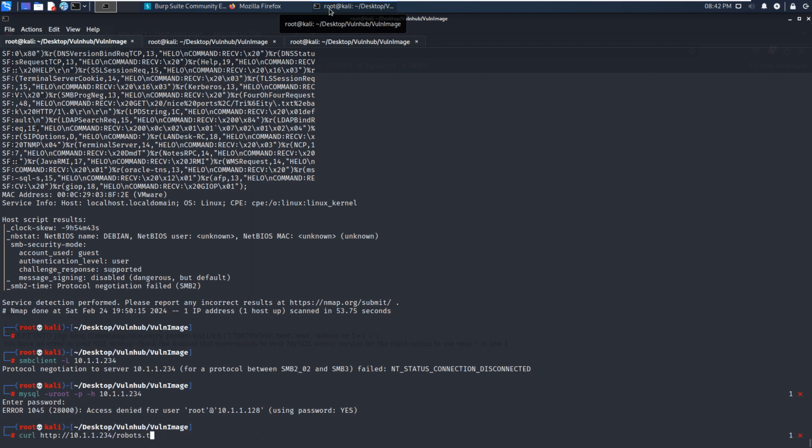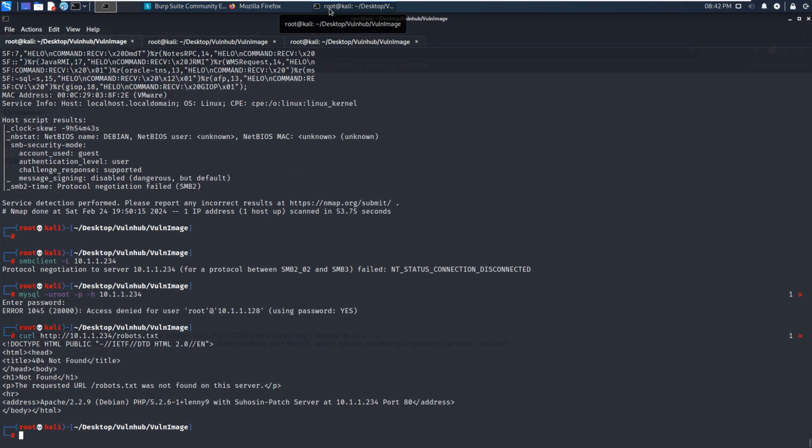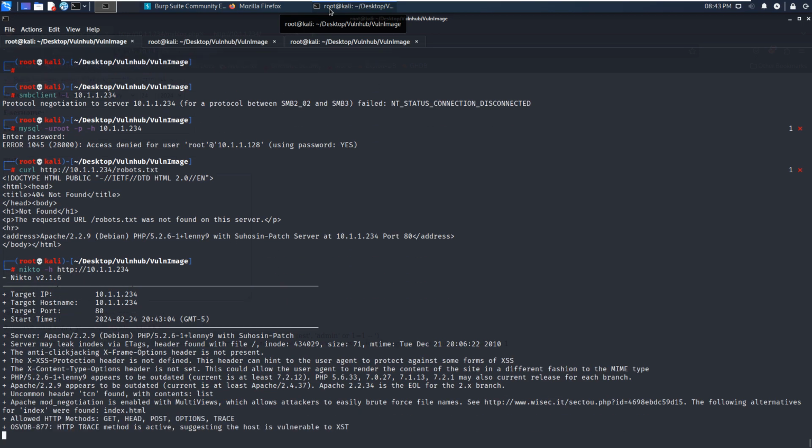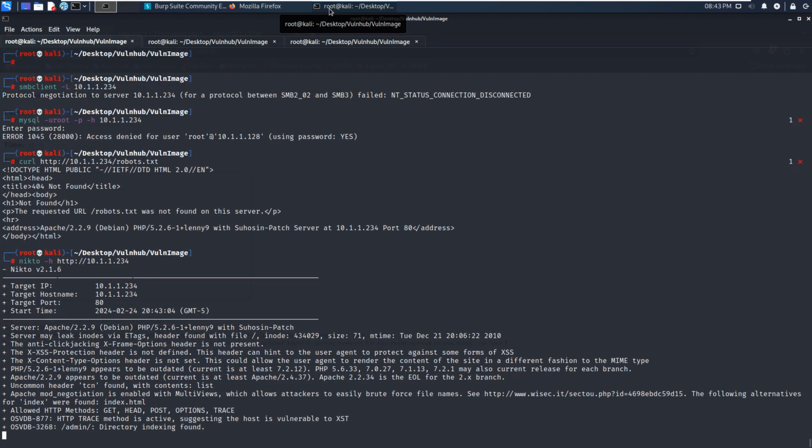Robots file not found, and then we can use Nikto. If we are targeting a web application, Nikto should be the first utility to make automatic enumeration because it can